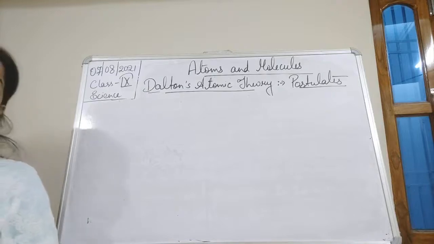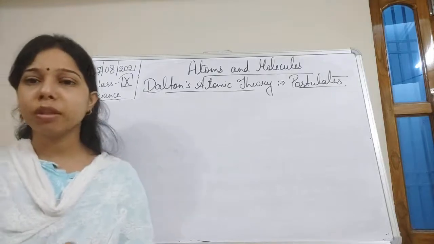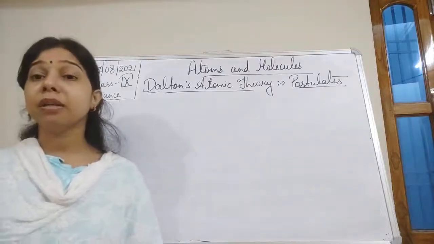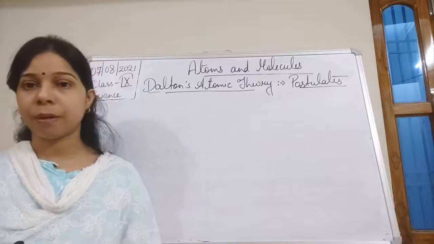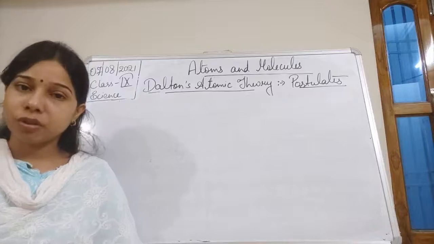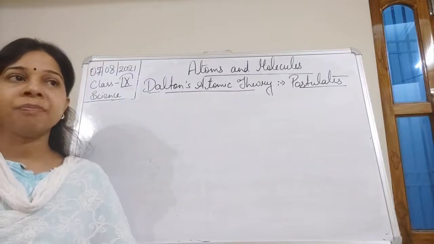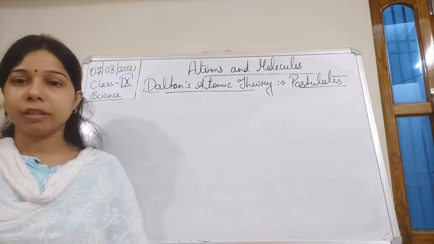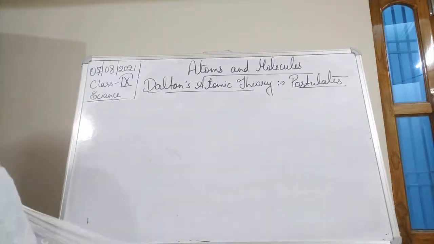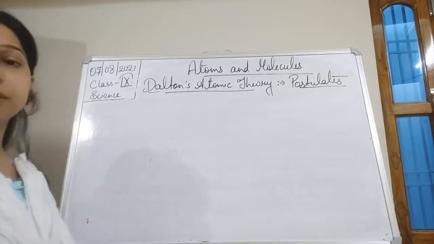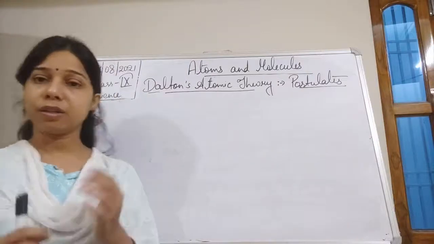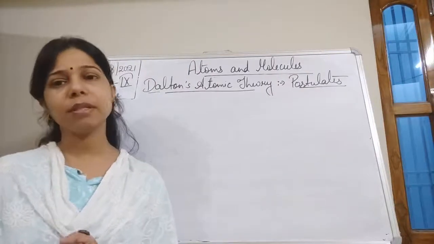Now I told you that Dalton's atomic theory has a lot of drawbacks, students, because at that time the subatomic particles were not discovered. And if the subatomic particles are not discovered, obviously it will change. We can say that it will give the wrong interpretation, and the postulates will become wrong now. Now you see here, students, that Dalton's atomic theory has a lot of drawbacks. Let me tell you what the drawbacks are.